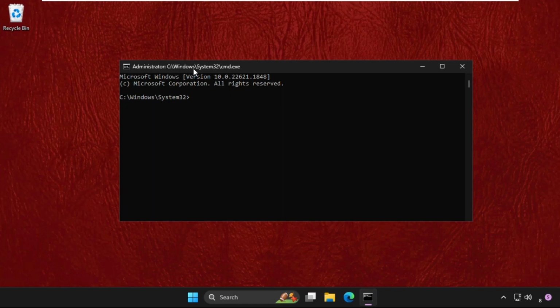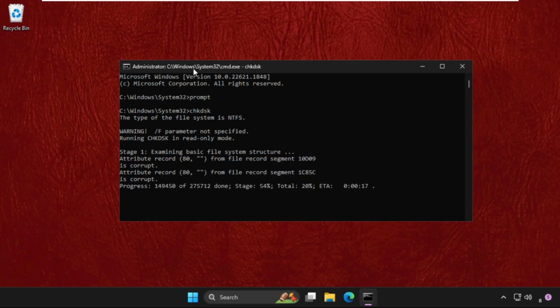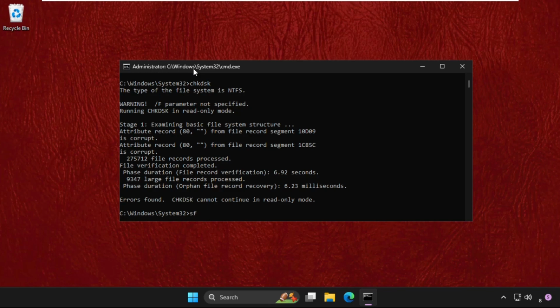In the first command, type in prompt and hit enter. Then type in chkdsk and hit enter. So this command will take few seconds to complete the procedure, and once done we will move to the next command. That will be sfc space slash